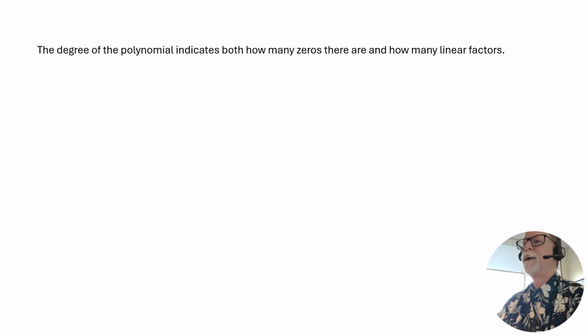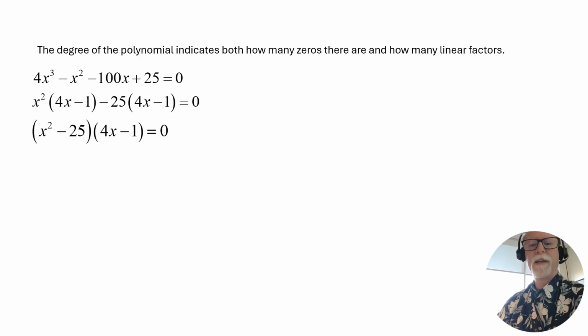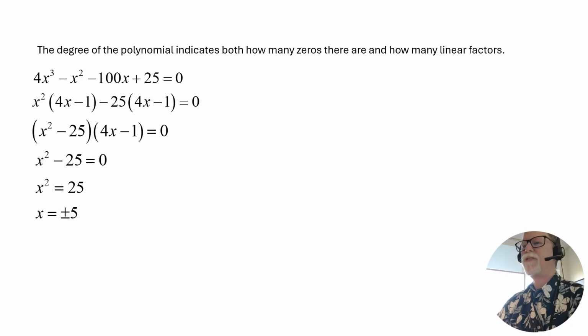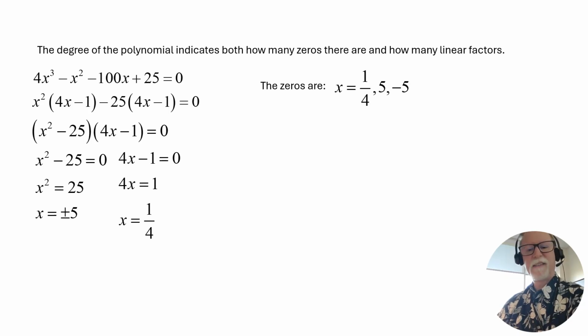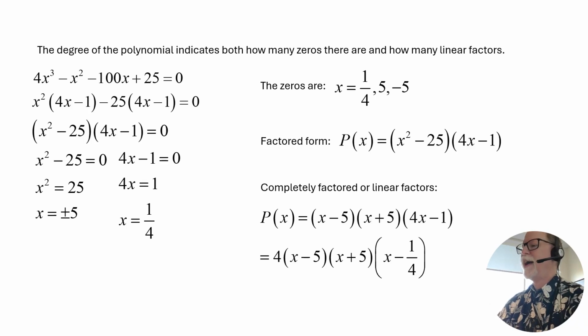All right, next example, also factor by grouping. So I went ahead and did that first step there, and then finish it off by putting the factors together. Set each factor equal to 0 and solve that. We don't have any imaginary stuff in this one. Make a list of the zeros, easy peasy, factored form. I've got a quadratic and linear like before,